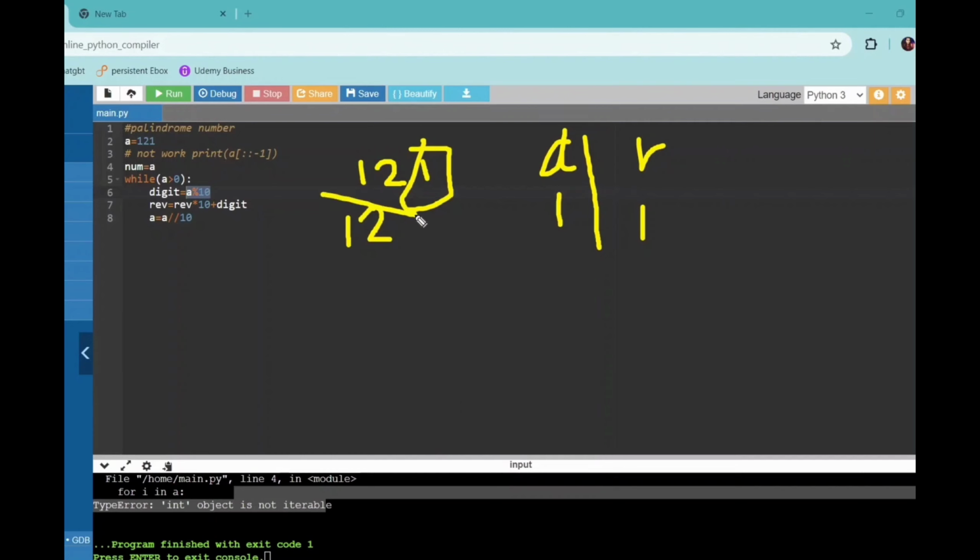Sorry, the divisor should be 12. Okay, it will return this 12. This will return the 12. Then the second time, it becomes 12 from 1. Okay. Then the second time, digit becomes 12 mod 10, which means 2. Then digit becomes 2. Then reverse becomes 10 plus 2, like 12,